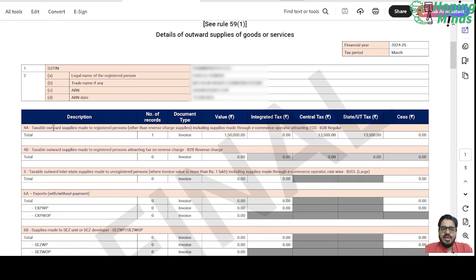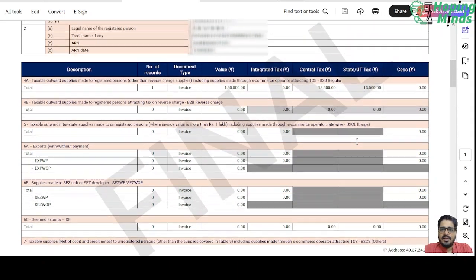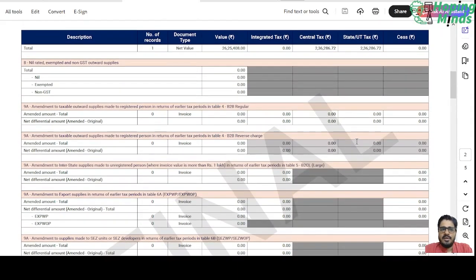So here we have the total B2B supplies amounting to rupees 1,50,000 and the corresponding taxes are 13,500 under CGST and 13,500 under SGST. Then we have total B2C supplies, that is 26,25,408 rupees. Corresponding taxes are 2,36,286.72 and the same amount in the state tax head. Other than this, we don't have any amendments